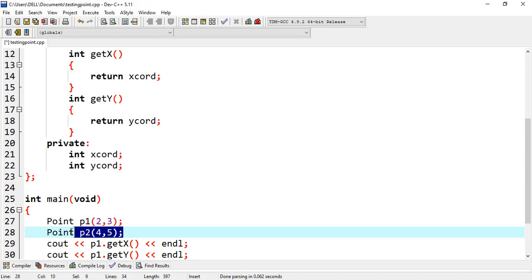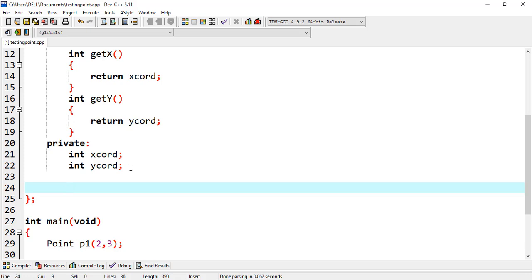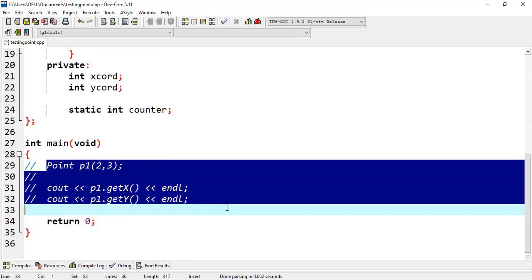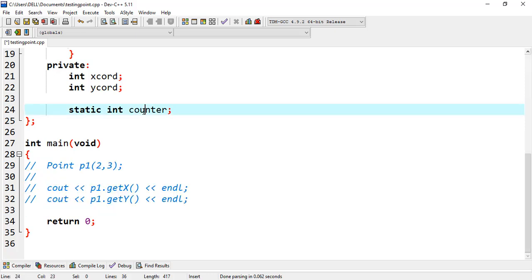But if you declare something as static, then you first declare it with the static keyword, and then it's an int, and let's call the variable counter, right? This static variable or data member called counter belongs to the class. Even if there is no object created, it does exist in memory. So if I comment out this code, that means that the counter will be created when I compile the code. The reason is that it belongs to the class, and all the objects share the same copy of this counter,